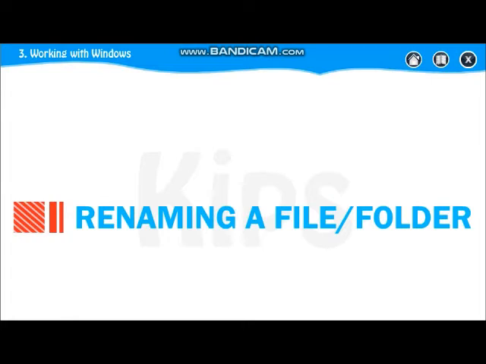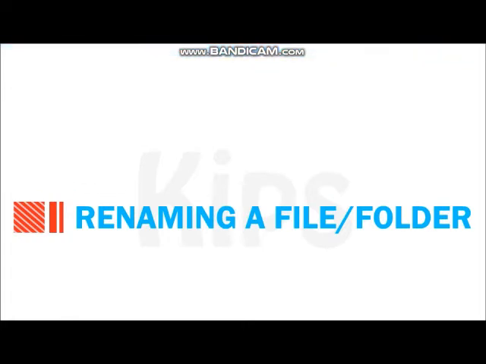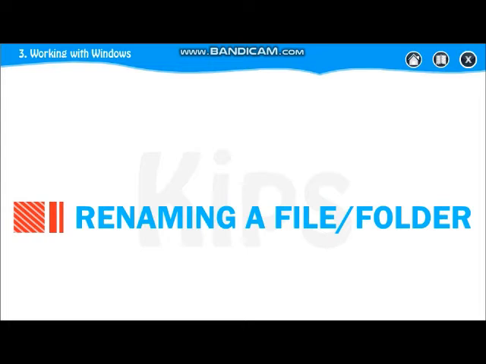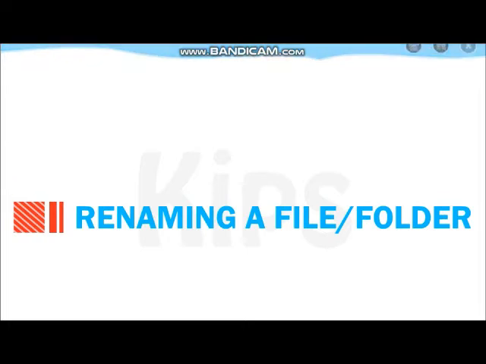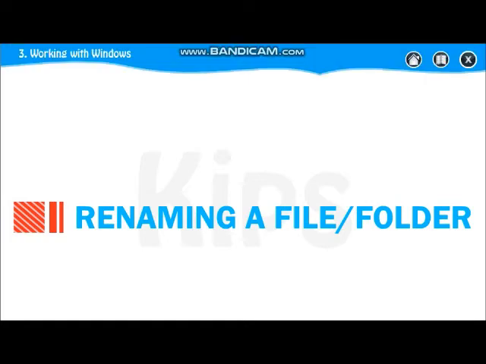Renaming means here you want to change the name. So how to rename file or a folder? Simply you have to right click on file and folder.